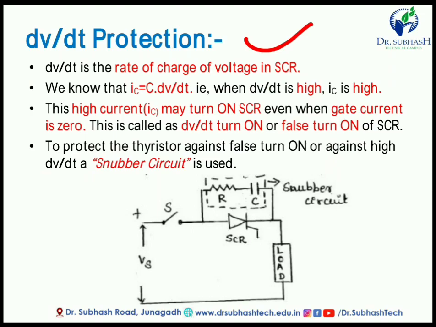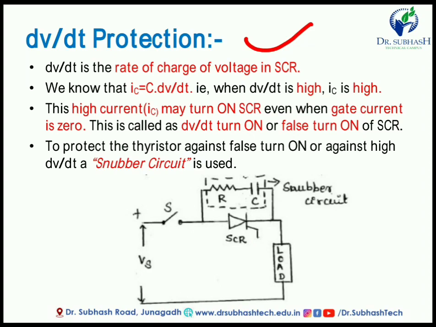In the previous slide we have seen di by dt. Here is dv by dt, the rate of change of voltage in the SCR with respect to time. So we have to maintain the voltage. In the previous slide we had to maintain the current, here we have to maintain the voltage. We know that IC is equal to C dv by dt. When dv by dt is high, the IC is high, meaning the current in the capacitor is high. The high current IC may turn on the SCR